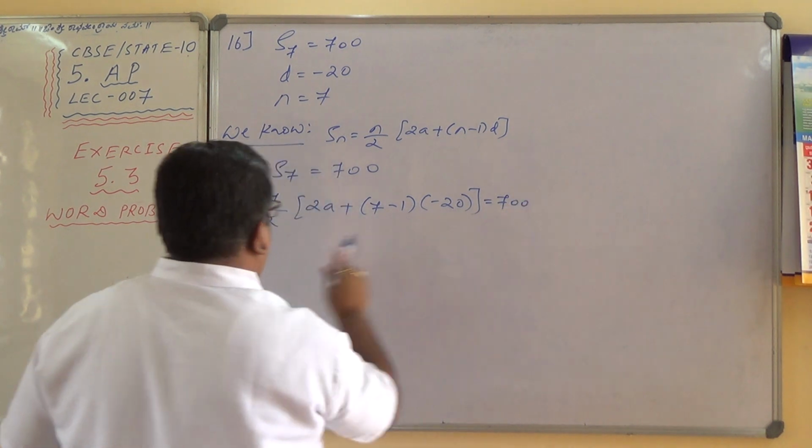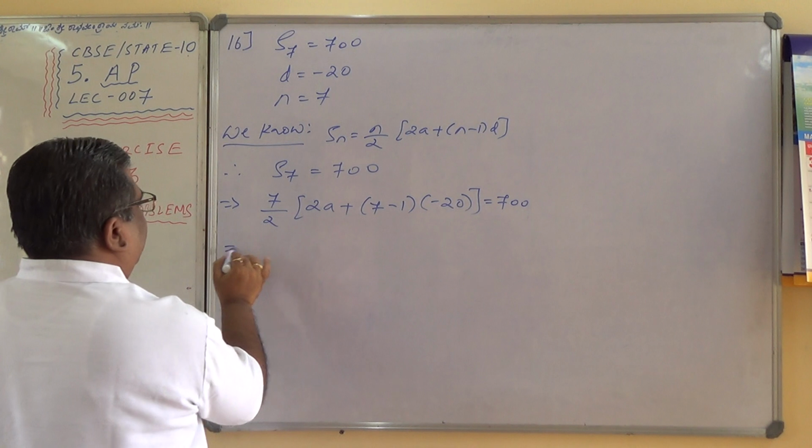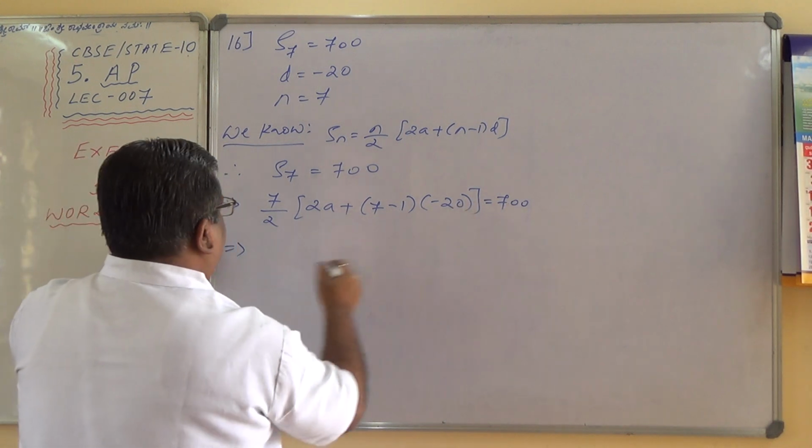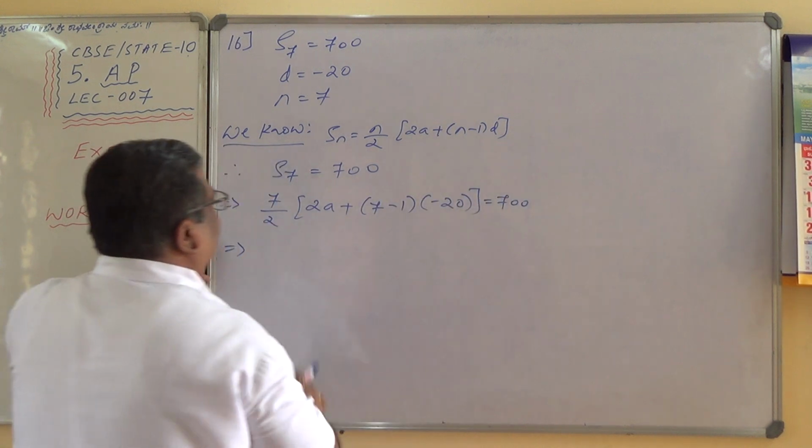This equals 700. So what is unknown here? Only A is the unknown, which we will find out. This implies, now I will take this to that side. 7 goes this side, this 7 by 2 I will be taking this side. So 2a